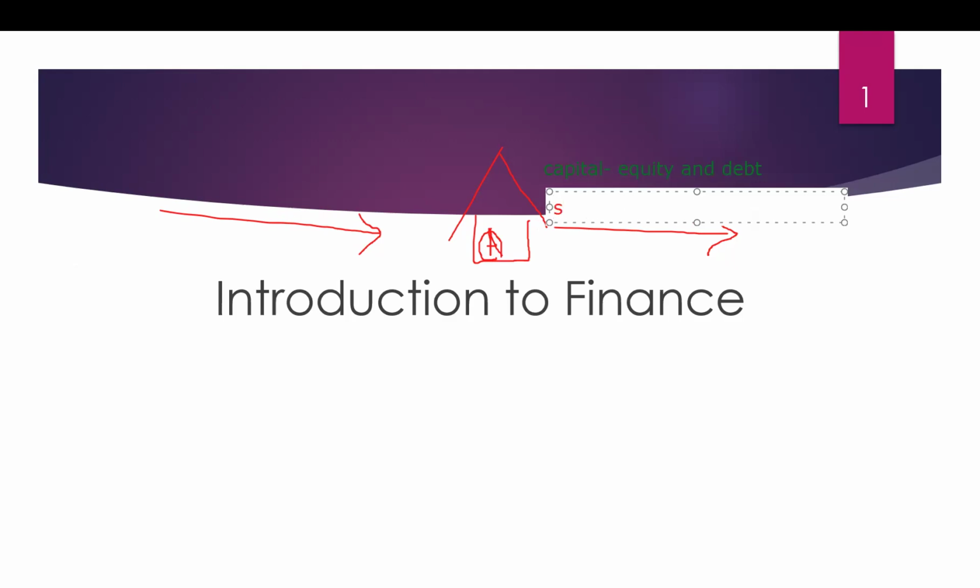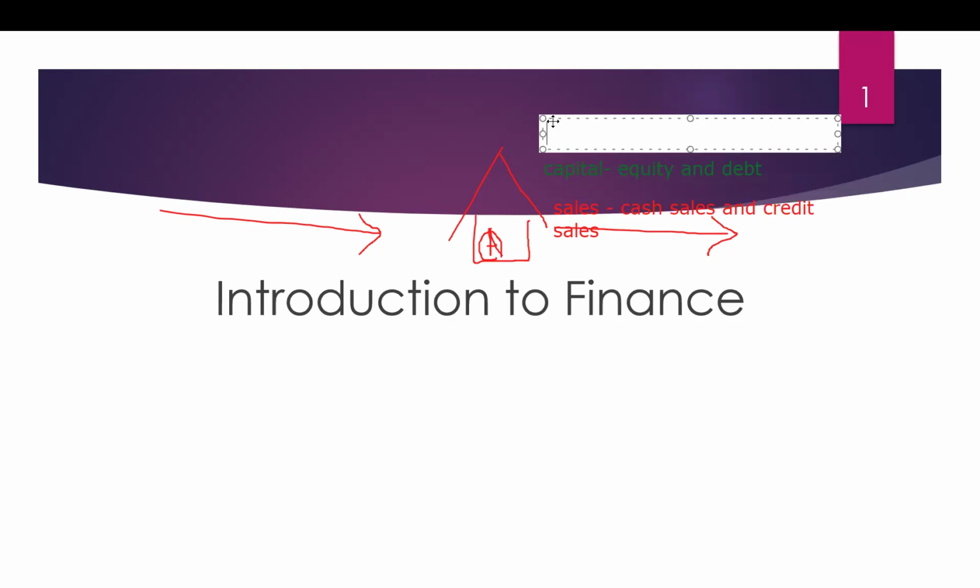Sales. So sales can be categorized into two parts again. So what are those? Cash sales and credit sales. Then other than that, what are the other things? Yes. You can get money from, so a student has told me that